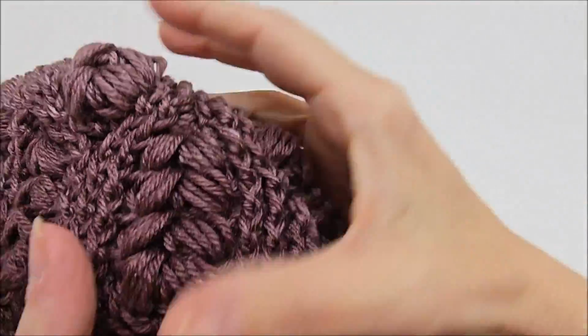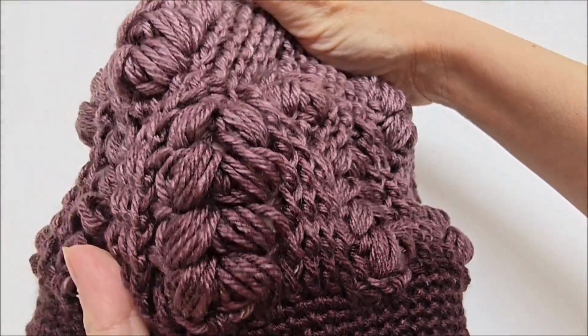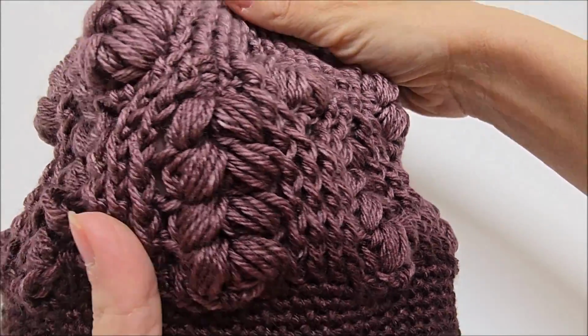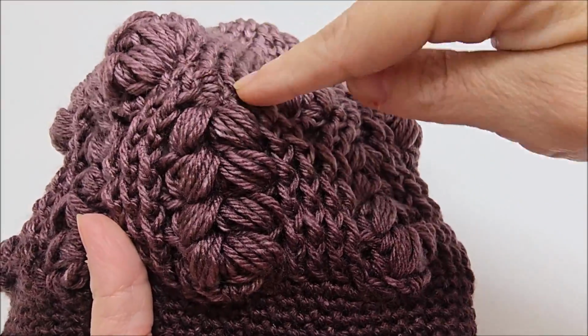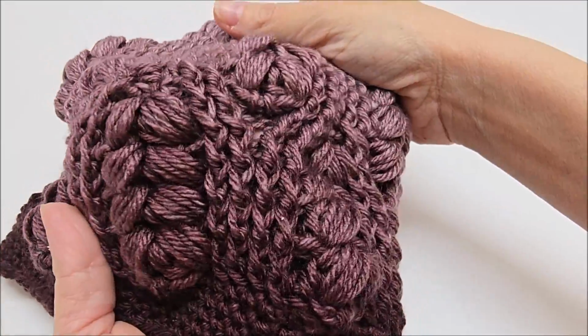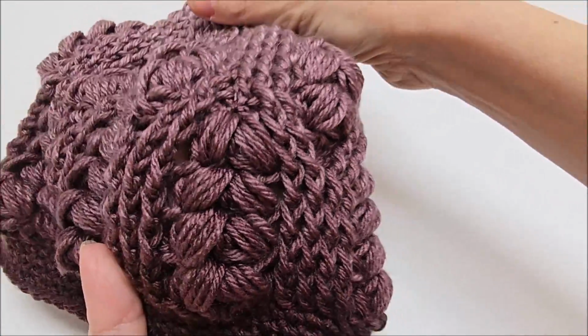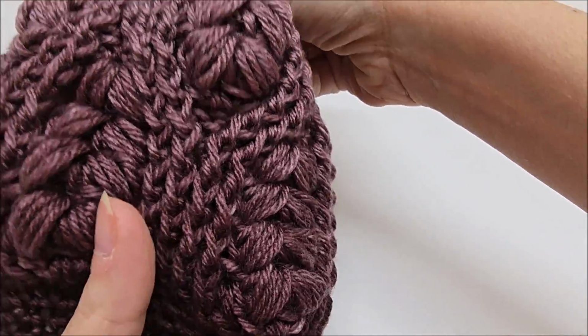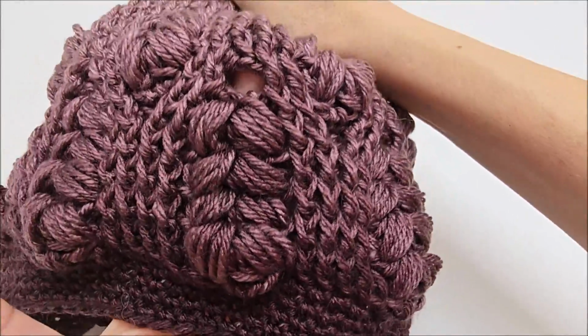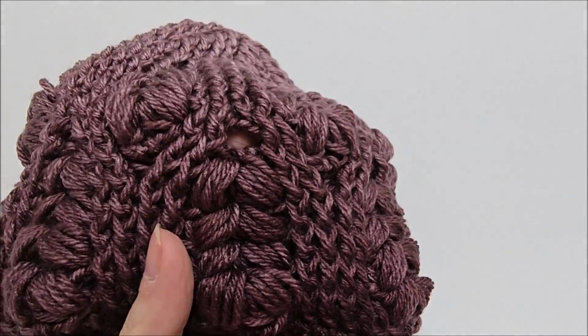See, I did it. I just left a few open so I could show you in the beginning that while you're working it, you're going to have that gap, but don't worry about it. I'm telling you now that you can eliminate it at the end. Once you're done with the whole complete hat, you just take a yarn needle and look at that. Then it's gone. Or you can leave it. It doesn't matter. Like I said, technically it's supposed to be like that, but you just take a piece of yarn